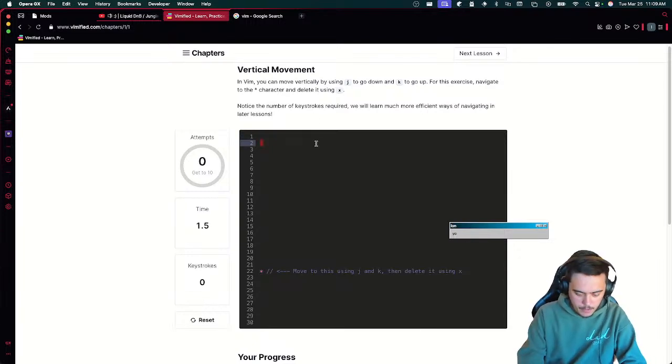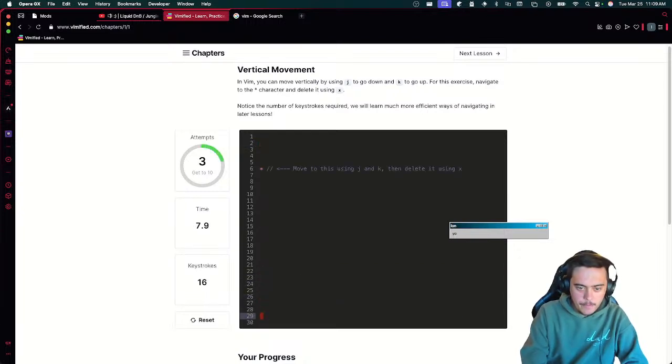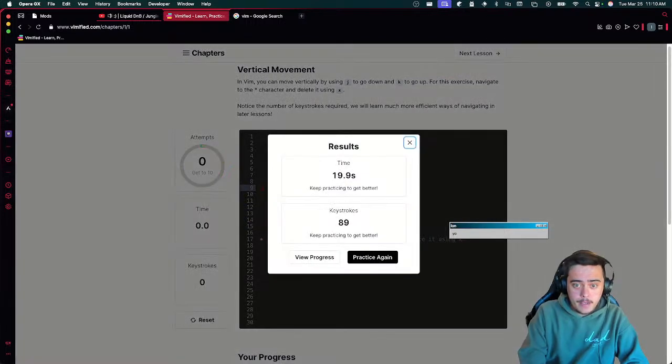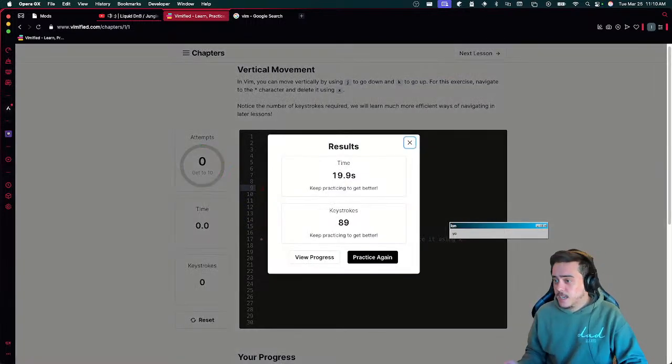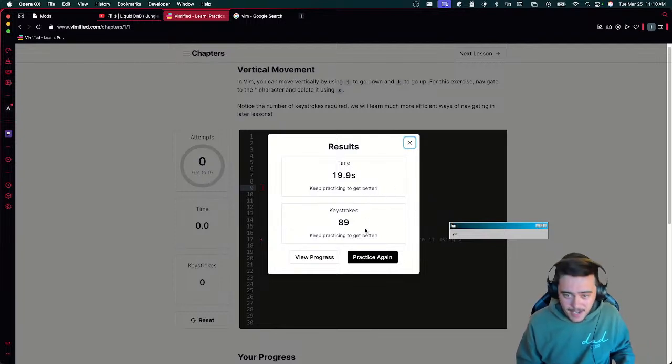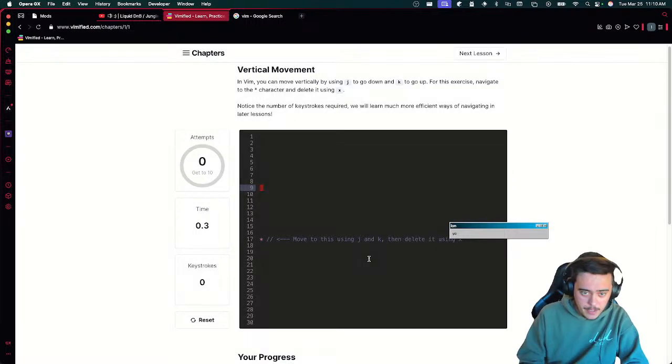So I know if I do 21J, I'll be right there, and I just fly around. Let's go up, go up. Come on. I don't have relative line numbers, so I can't just hop around. So this is what we're doing every day for an hour. We're gonna practice this and just keep getting better. That's the whole point. I did that in 20 seconds, 89 keystrokes. So let's see if we can do this better.